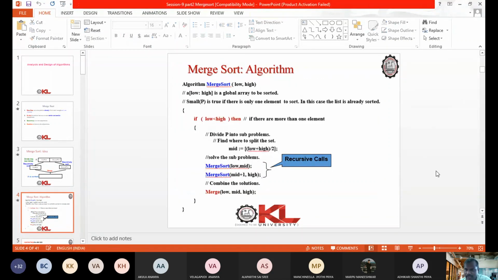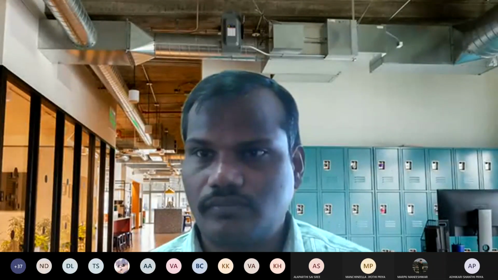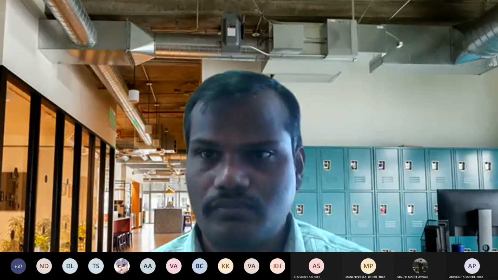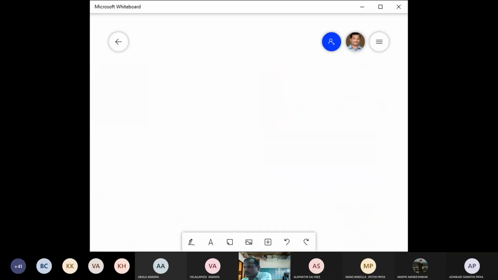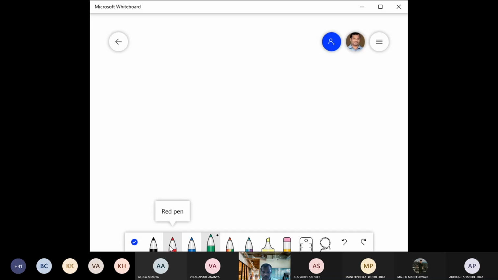I will explain this by using the whiteboard now. Here we take an array which contains n elements.